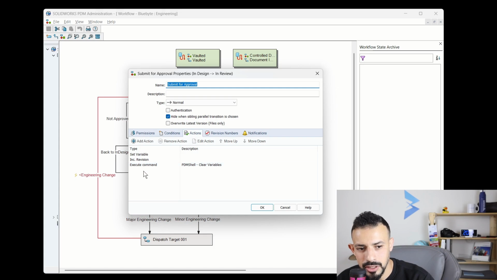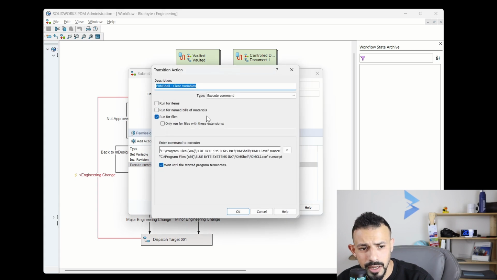This action that I want to create, I've already created one here called execute command. So I'm gonna open it. And right here, I've just called it PDMShell clear variables. I've chosen the type here to be execute command. I want to make sure that this only runs for example, for files. And in my box here where I want to enter the command to execute, I want to make sure that